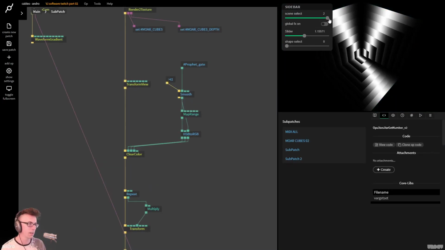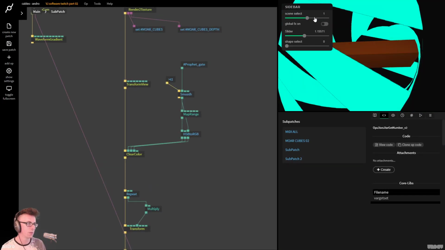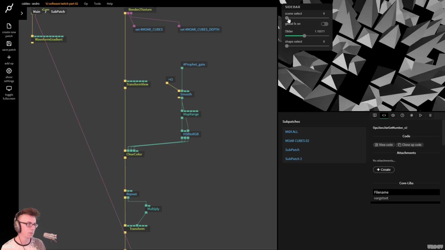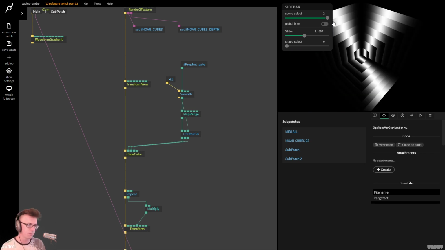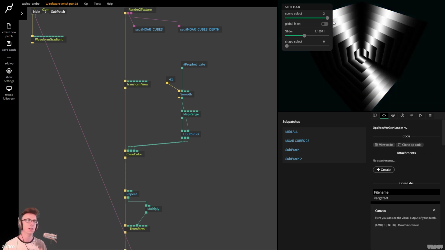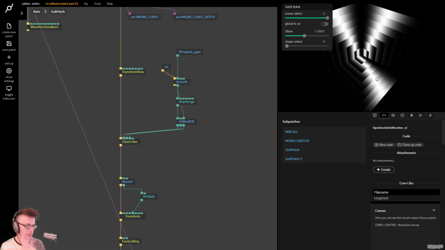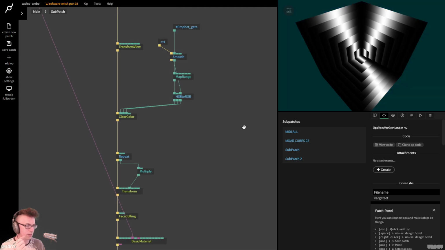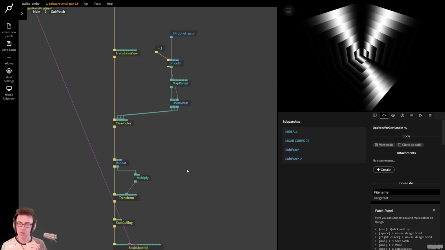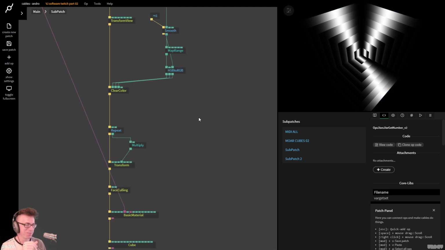So the cool part is now, even if we go to this scene, for example, this uses the same effects. So when we're jumping from one scene to another, we've still got some continuity, which is really cool. So you might be thinking, well, okay, nice, but what can we do with this? Well, I don't know. That's what we're going to find out. So first of all,